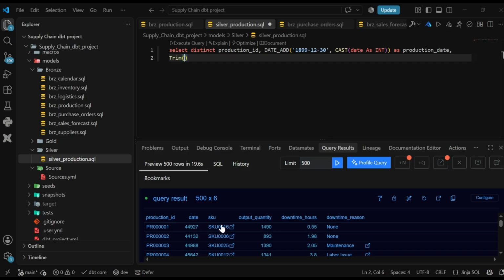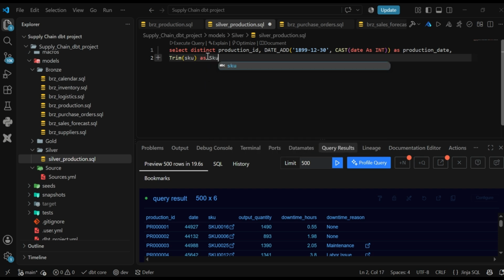We are basically removing unnecessary spaces among the words of this column. So the column name is SKU, and then you can call it as SKU, and then comma, and then we have output. So this one we are not going to transform anything, so we can just write it output